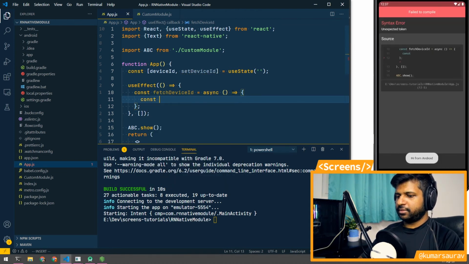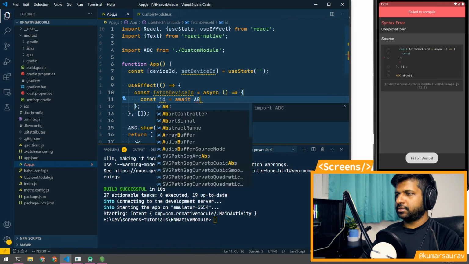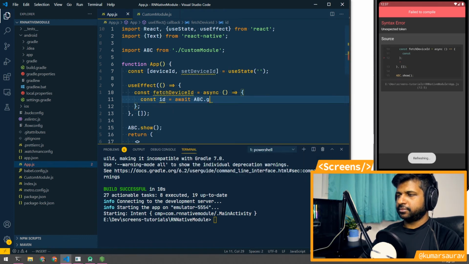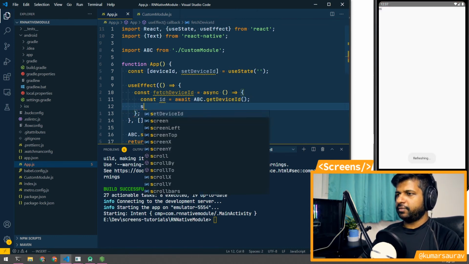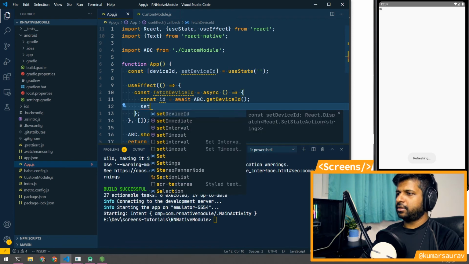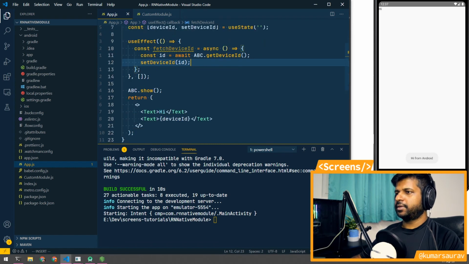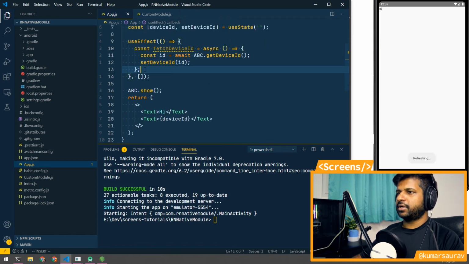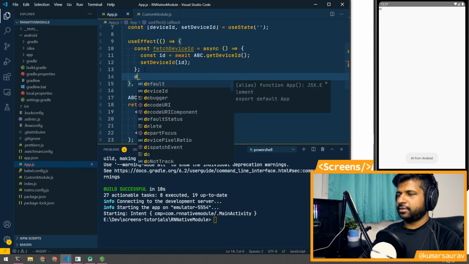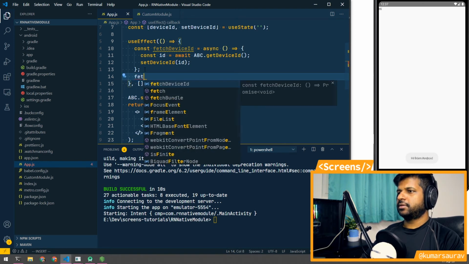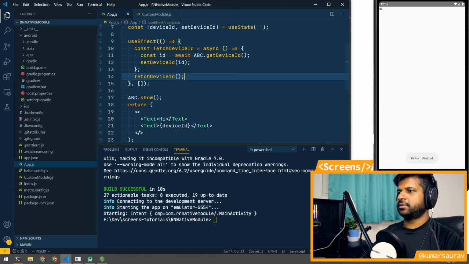So we'll call it id, and then we'll await ABC dot getDeviceId, and then we'll set deviceId with the id here. Okay, and then we will call this fetchDeviceId, like this.